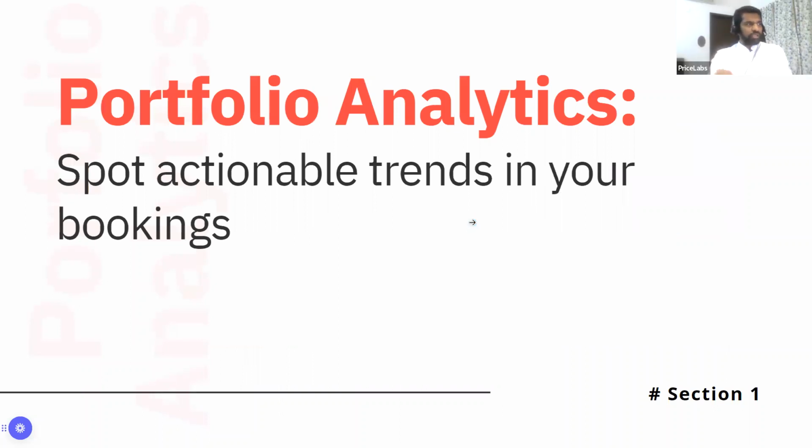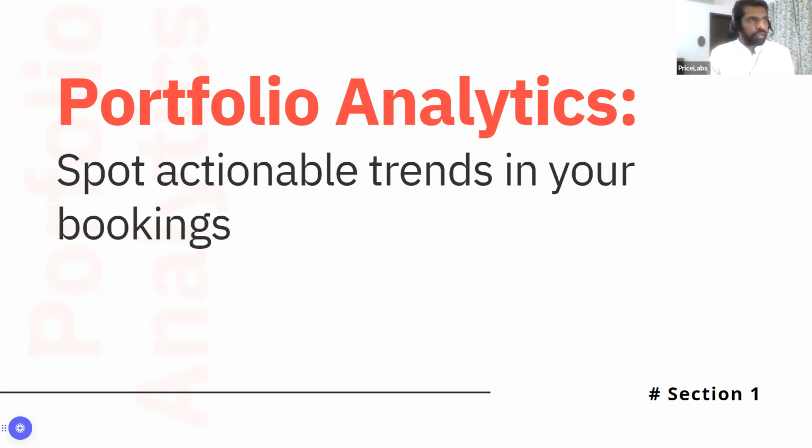Portfolio analytics, essentially, looks at your booking trends that we either get from your PMS or Airbnb. We do integrate with VRBO for pricing, but unfortunately, we don't get the reservation data from VRBO presently. We're working on it, but we get it from Airbnb. And if you're using us via a PMS, we get all of your reservation data that flows into your PMS. PMS stands for Property Management System. So we take the reservation data and we make it into easy to digest charts and graphs